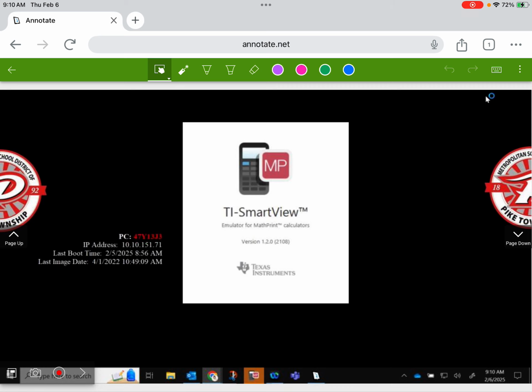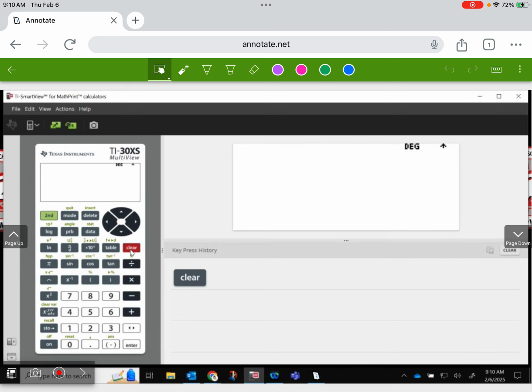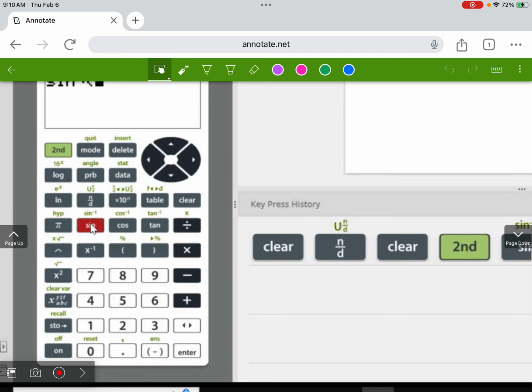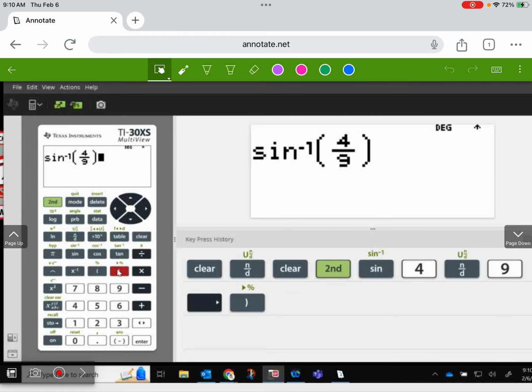Don't change the fraction. It stays the same. Just like if we would add or subtract to both sides of the equation, we can take the inverse of both sides of the equation. So we need to do inverse sine. Sine is here, so we need to make sure we take the inverse. So we're going to do second sine 4 over 9. Make sure you're in degree mode. Since they asked us for degrees, we need to make sure we're in degree mode. So we should get